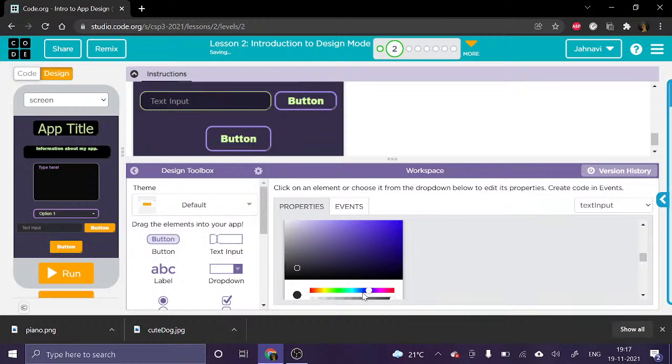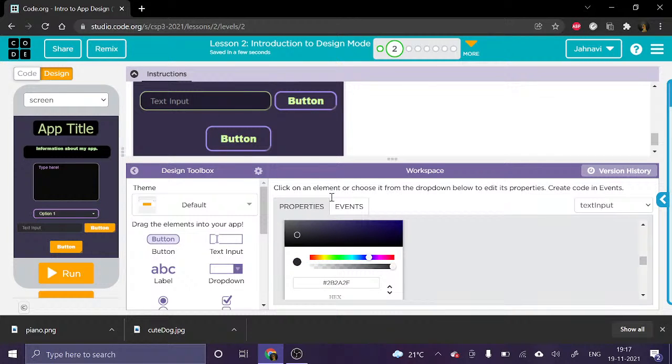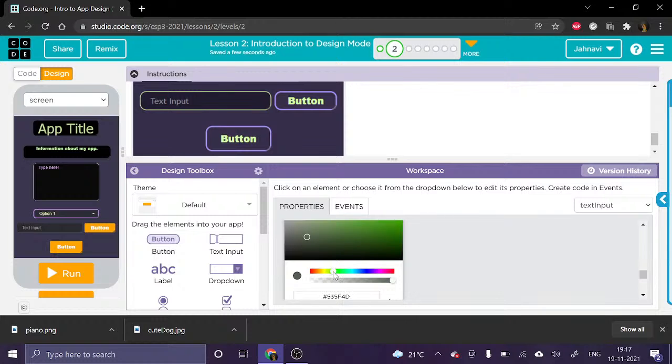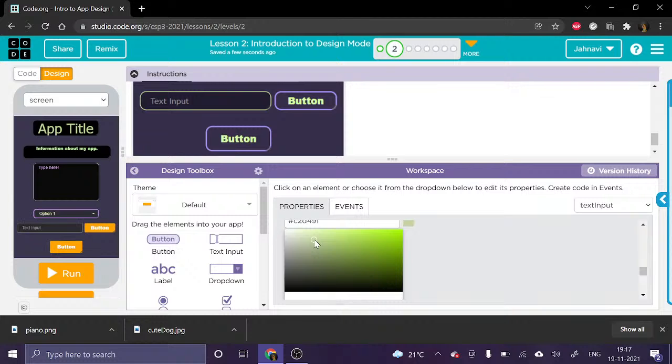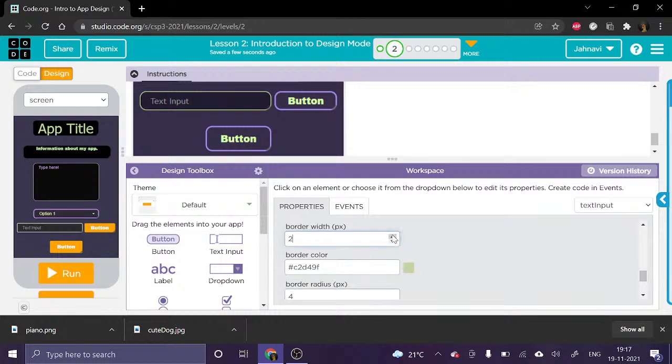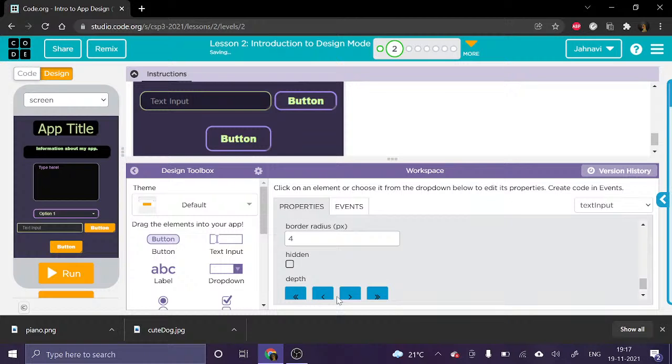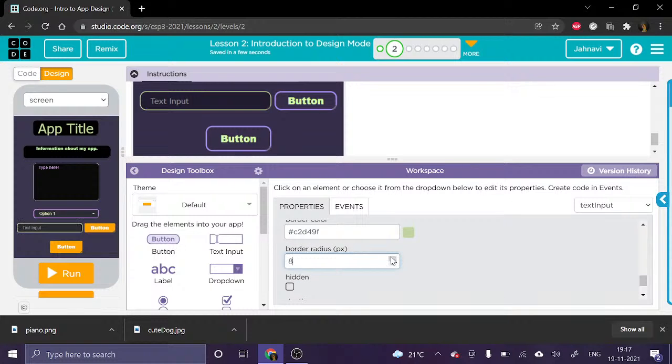Okay, and it has a border color. Let's change that. Border color is yellow. Yes, I need to increase the border width a bit. Yes, and it's a bit curved. Let's increase the border radius. I think this is perfect. Okay, now we need to change these buttons too. Let's click on the button,